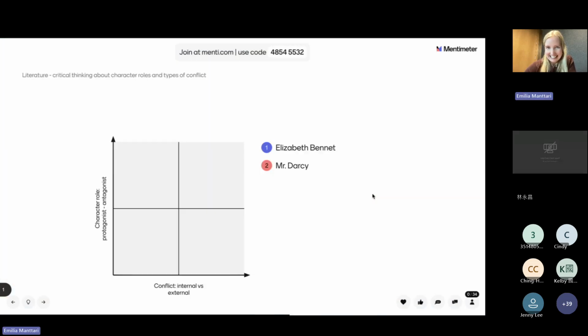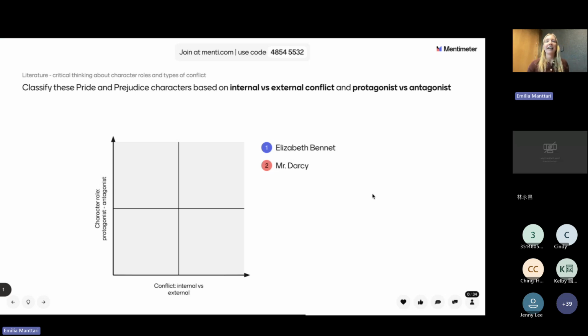Perfect. So analyzing, this one is now then, again, taking it 1 level deeper. And here we have an example around literature. So this is something that you could use if you're running a literature course and analyzing the characters of a book. This might be very hard for you if you haven't read the book. If you have, then well done. You're going to be better off than others. The book we're talking about now is Pride and Prejudice.